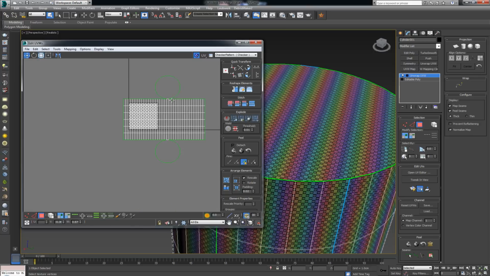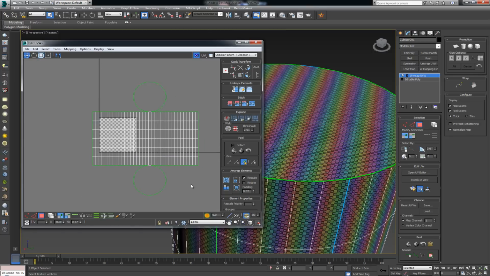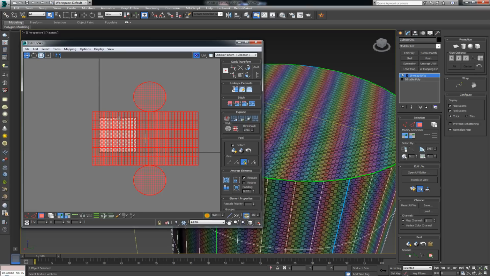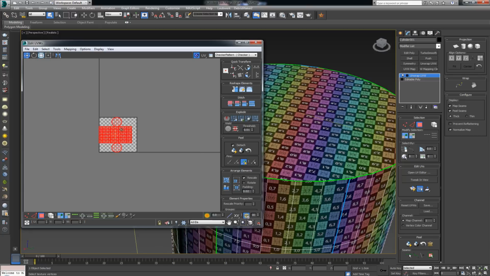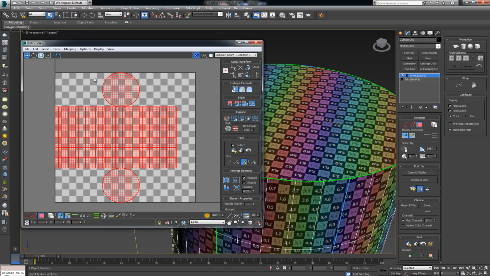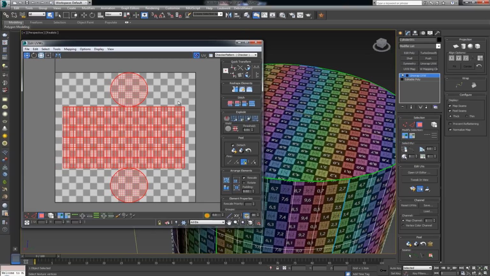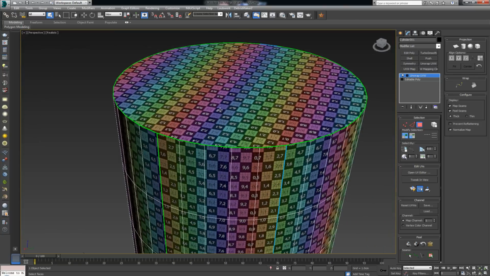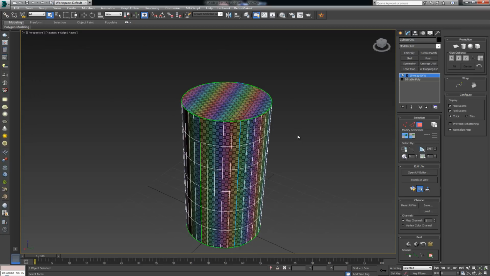So now the next thing that I want to do is get all of this into my 0 to 1 space, and this would be easiest to achieve with the pack custom. So you just click this and Max will put it inside the texture. Just move it up here, and now you're going to notice this, our cylinder is basically